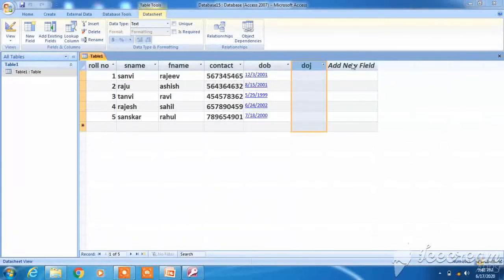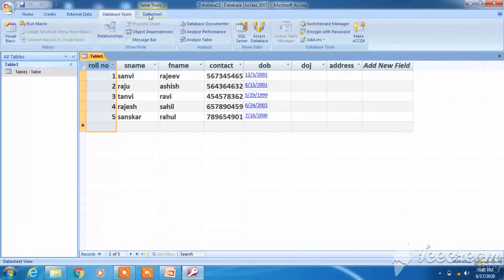By clicking on this add new field, double click on this, we can add a new field. And if you want to change the data type of a particular field, we can select the attribute. What is an attribute? Field name.